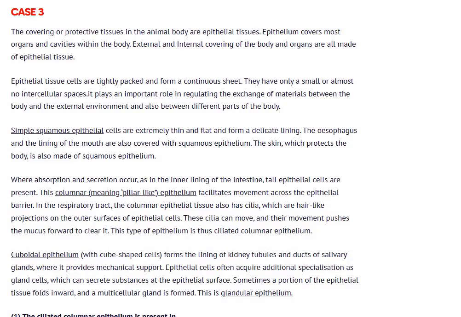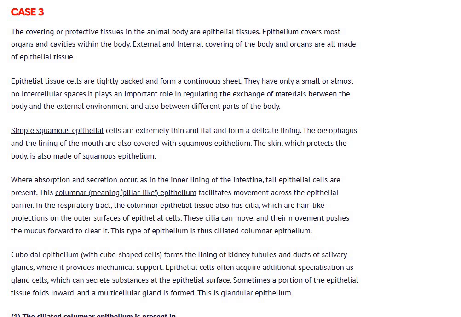In the respiratory tract, the columnar epithelial tissue also has cilia, which are hair-like projections on the outer surface of epithelial tissue. So in the esophagus or in our intestine, there are some hair-like structures. In our stomach, it is known as villi, while in esophagus, it is known as cilia. So what do they do? They are like brushes when the food is swallowed by our esophagus. These brush-like things do not let the food get stuck anywhere. They just move out the food. Their hair-like projection, as I told you.